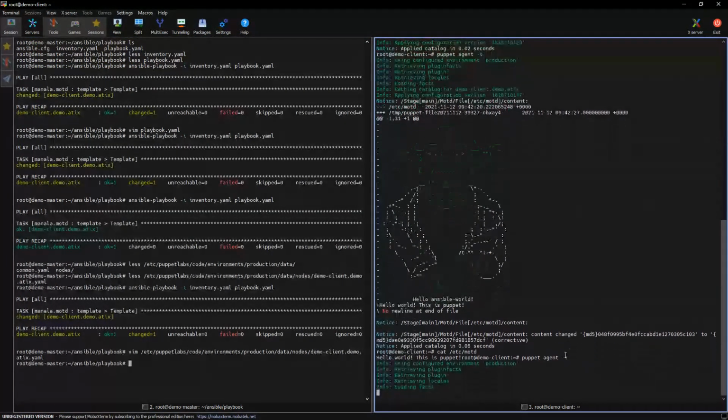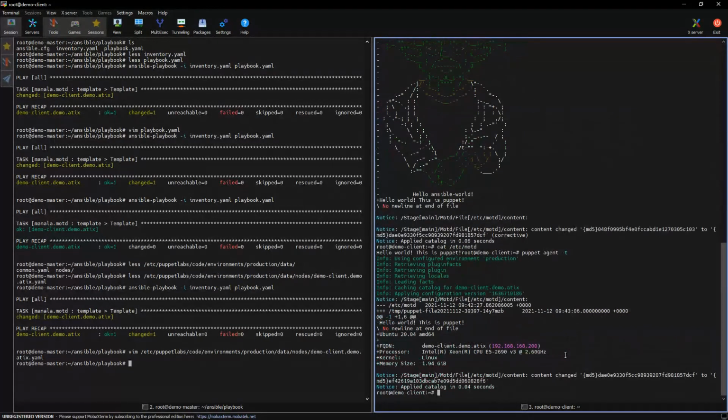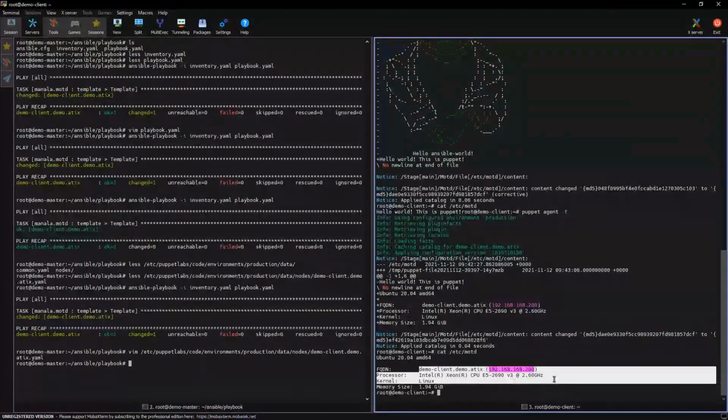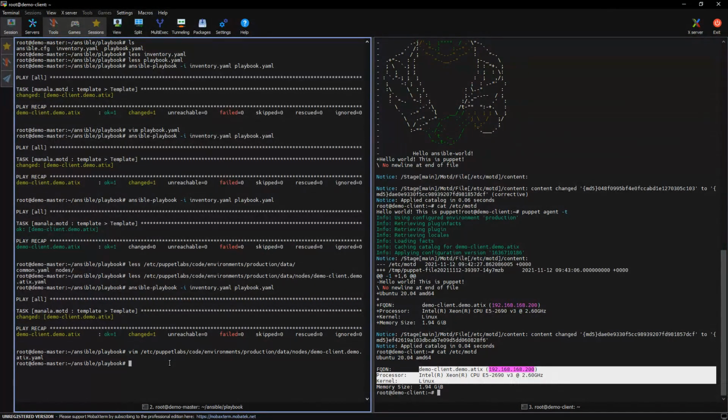And the default content is as well a template. And if we now have a look at this message of the day, this template adds some information about my operating system, the host name, the IP address, the processor, the memory size. And this is something which is already available in the template and is something where those facts I talked about are inserted into